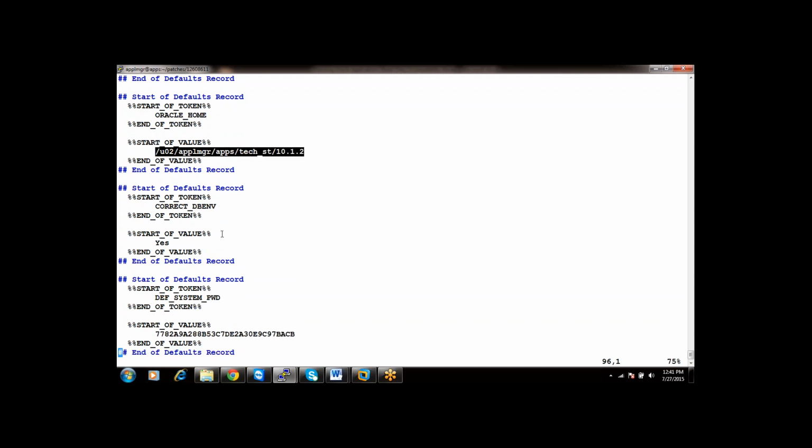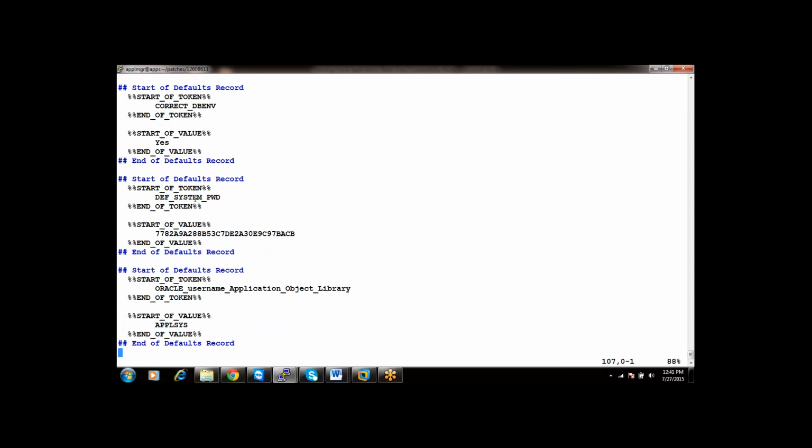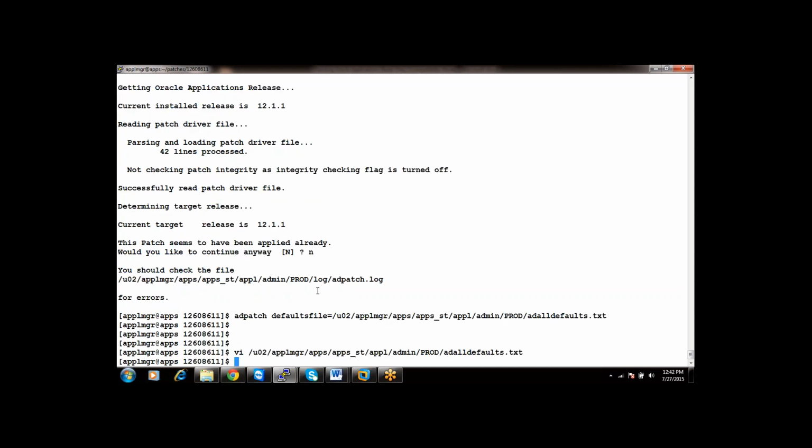Okay. When it comes to password, I'll show you. See, it is asking for the system password. What it is storing? Yeah. It is storing it in an encrypted format. So your default file will never store the password in alphabetical order, like in alphabets. It will store the password in an encrypted manner. Okay. No, anyways, if you have that as well, people can log into the system database, right? Yes, yes. So that's a security threat, if you ask me.